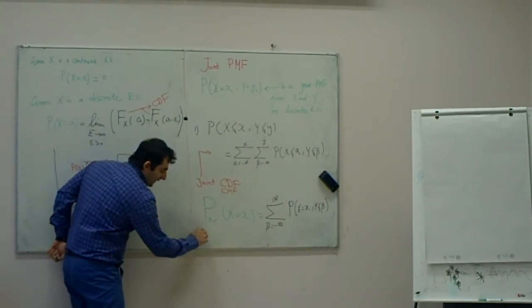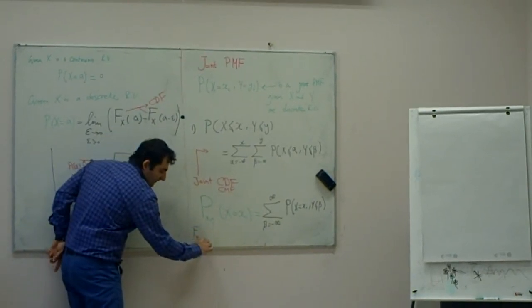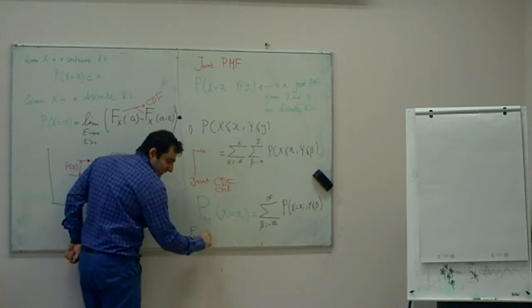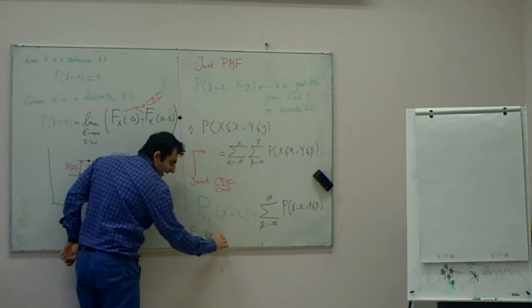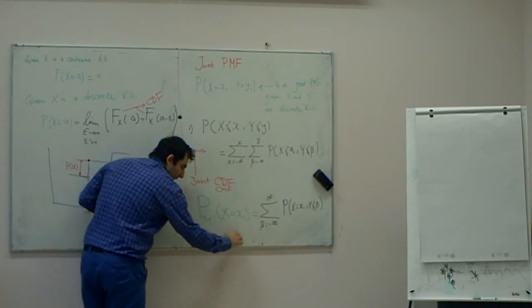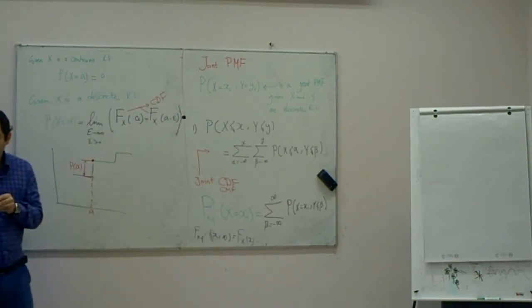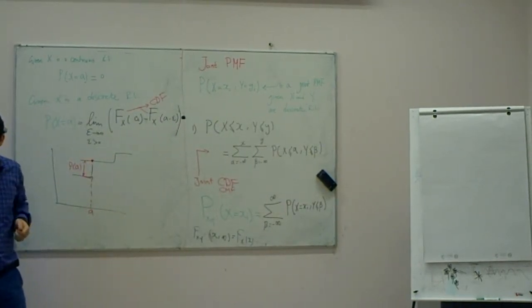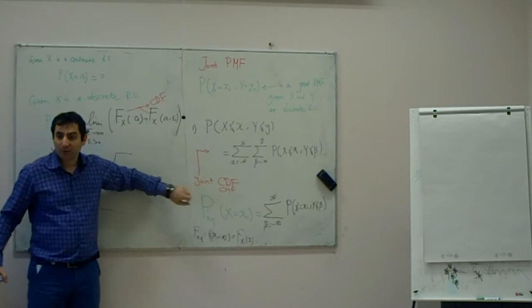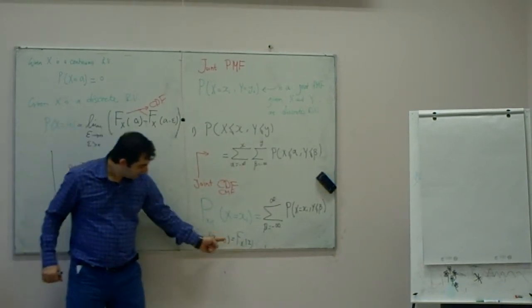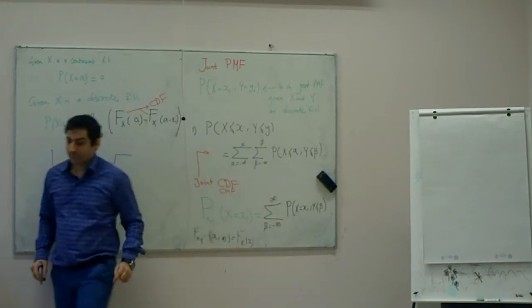We had this F of x and y, and I said that this is for x and infinity is equal to F_X of x, right? It was property number 5 or number 6 for the joint CDF. So you see this infinity means that